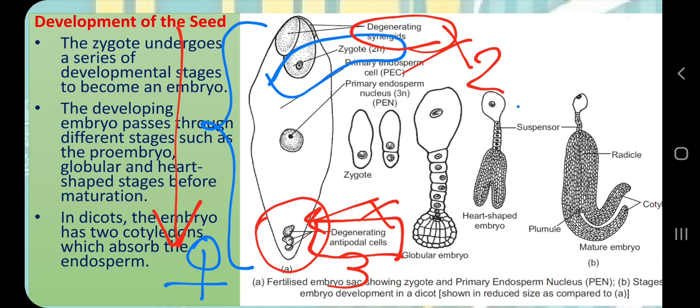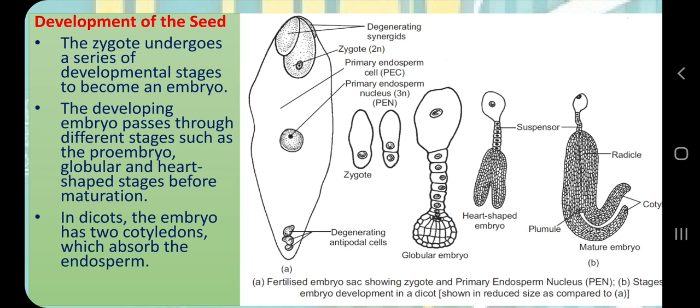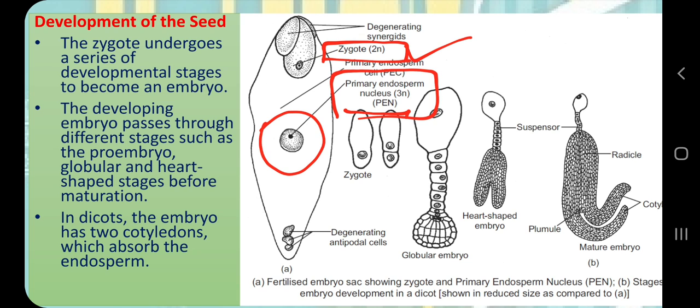One is the egg cell which has fused with the sperm, and it will form the zygote. So the remaining cells are, number 1, the zygote, which was previously the egg cell. After fusion with the sperm, when the nuclei fused, it became the zygote. And finally this PEN. What is this PEN? Primary endosperm nucleus, the fusion of 2 polar nuclei plus 1 sperm cell, and it is a triploid structure. So after fertilization in the embryo sac we have 2 structures. One is the zygote, which is diploid, and one is the PEN, the primary endosperm nucleus, which is triploid.